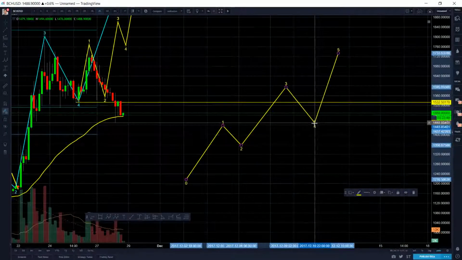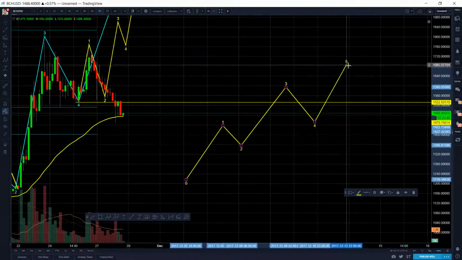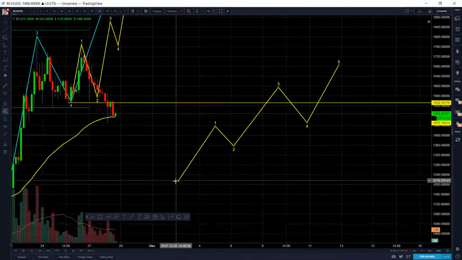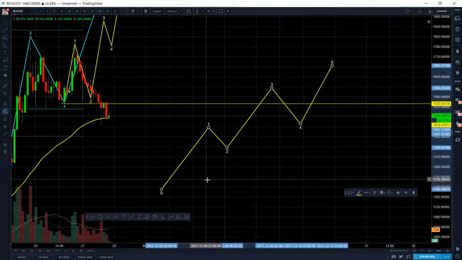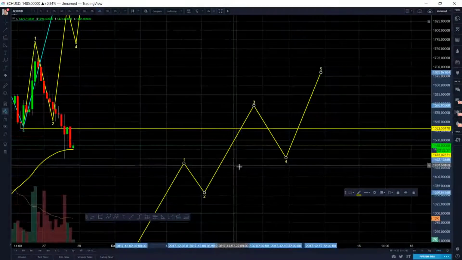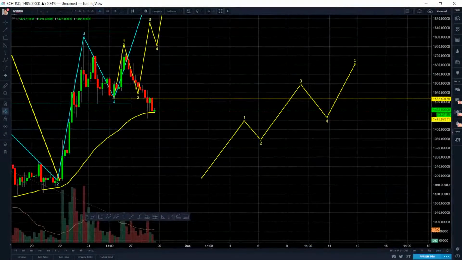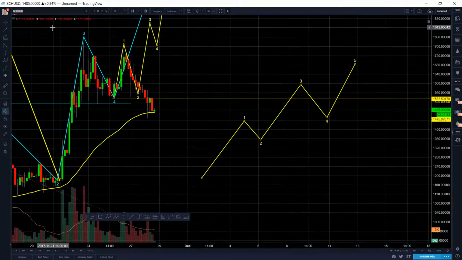Okay, so I want to talk about corrections, okay? So here, as you guys probably are familiar with by now, this is Elliott wave. This is a basic impulse move up, right? An impulse move up. So we're going to talk about, for example,